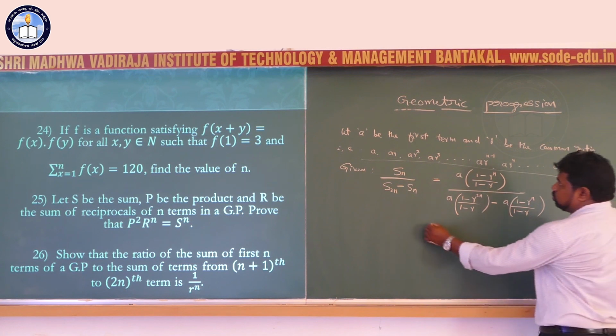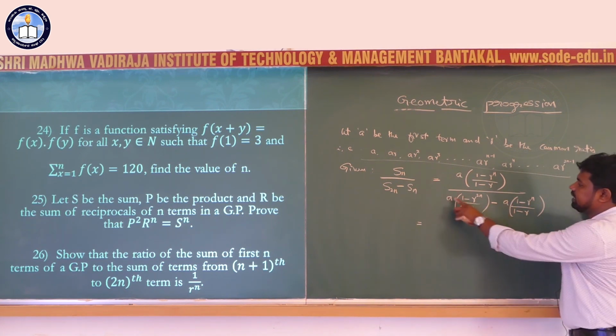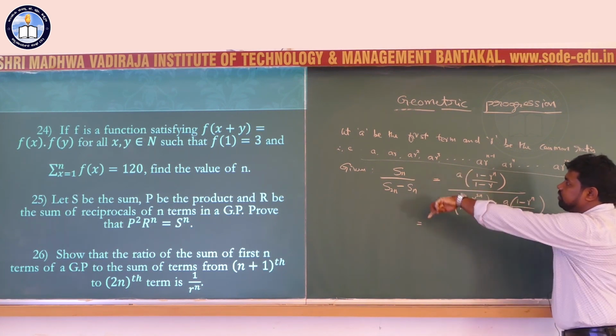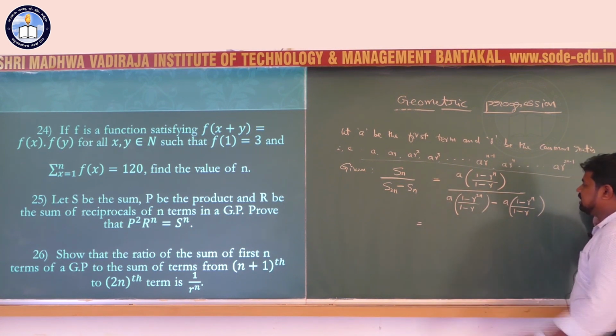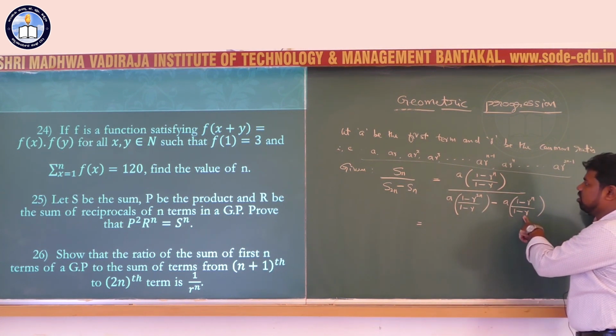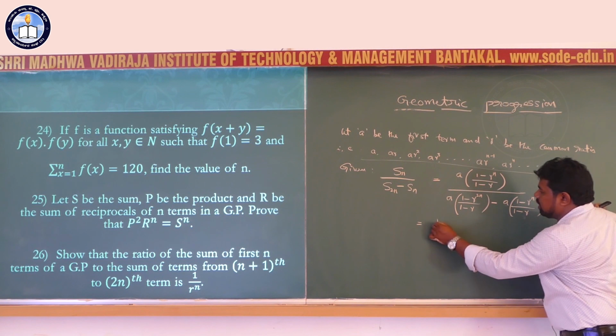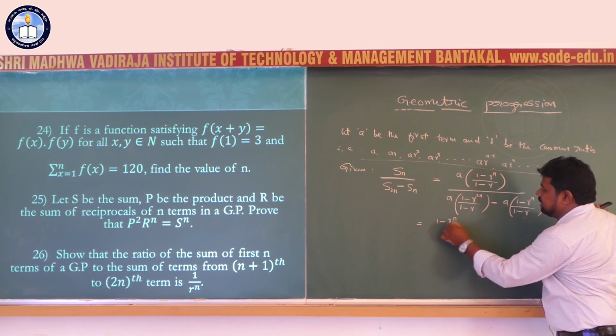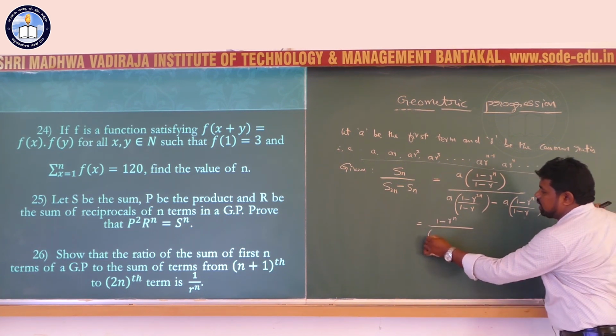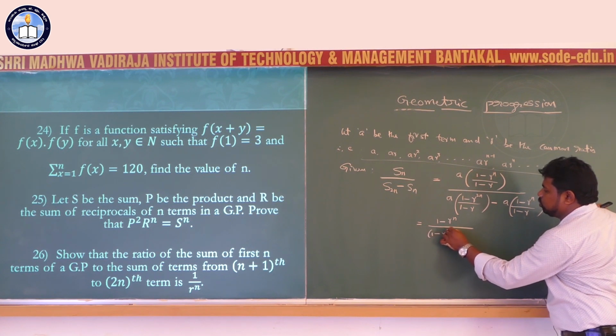Here in the denominator a is common, cancel with the numerator a. Also 1 minus r is common in the denominator, 1 minus r cancel. So we can write it as 1 minus r power n divided by 1 minus r power 2n